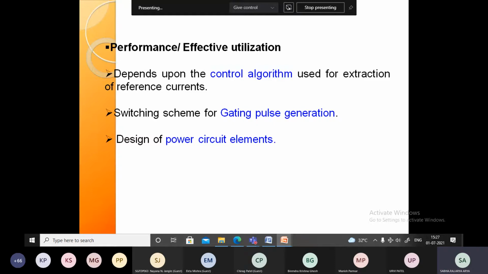And second one is the response of that system. If you take high capacity, that will also work around the problem. But the response of the system depends upon the controller, what type of controller you have designed. Means response depends upon the controller, but cost depends upon the power circuit you have taken. Design of the power circuit element basically depends upon the cost of the converter. If the design is not accurate, maybe our system will burn. If the design is highly overrated, then the cost is very high.